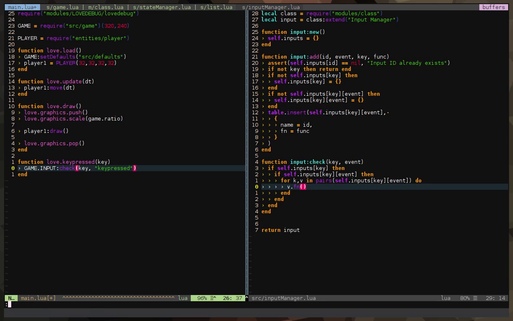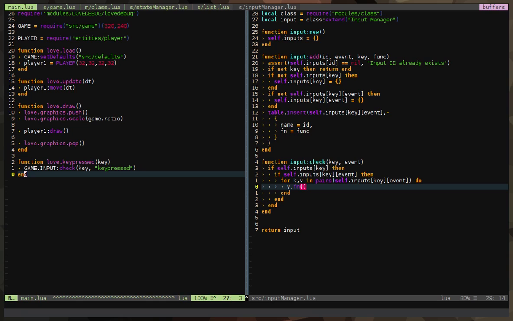Okay, so that's it. love.keypressed is an event in main.lua which handles every key pressed. The key press is passed here, so we're going to pass it here also.